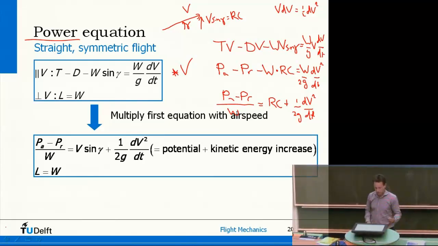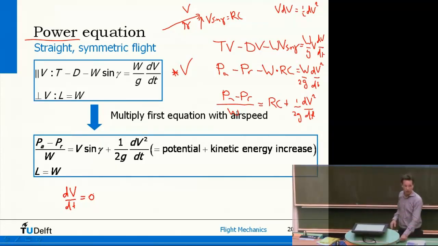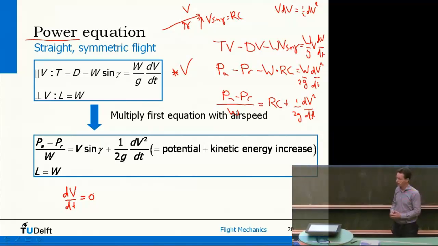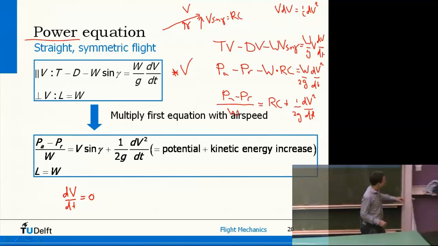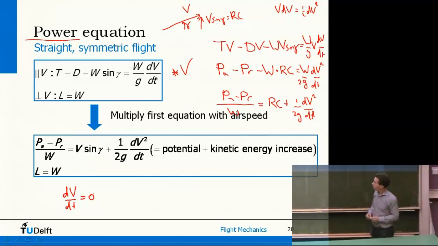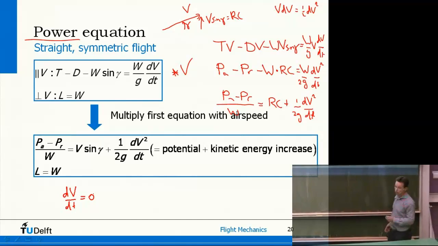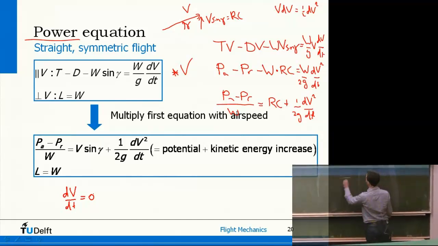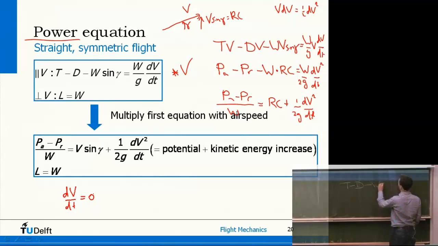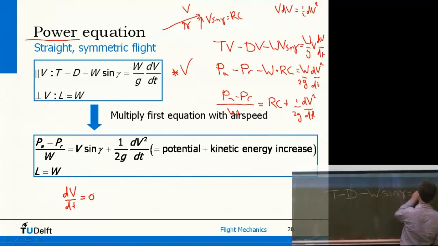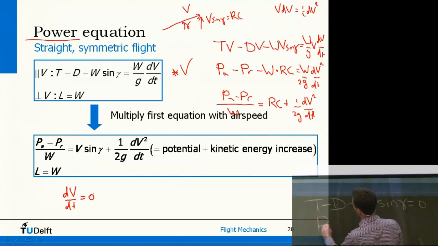Now, today we're going to discuss climbing and descending flight. And the one thing you can say about that is that we do these climbs and descents at a constant airspeed. Because there will be one particular airspeed at which the aircraft flies most efficiently. So, if you say dV dt is 0, let me just put the equation on the board, because we need it throughout the whole lecture. Then I get this one, and the other equation I get